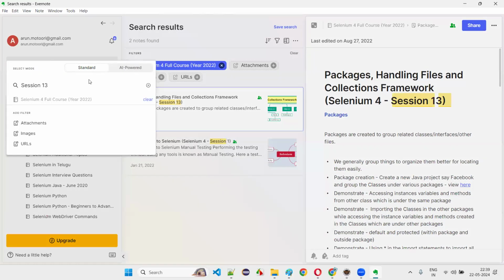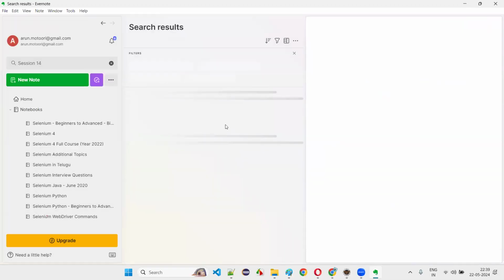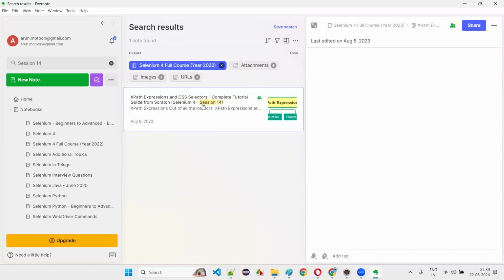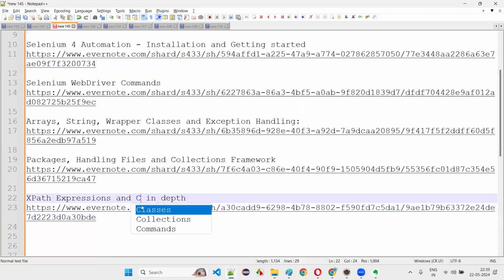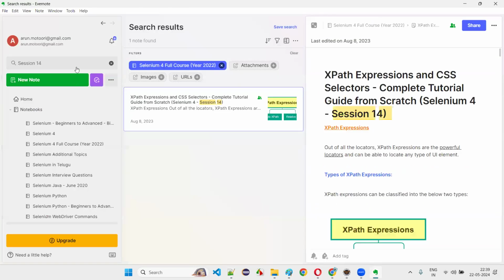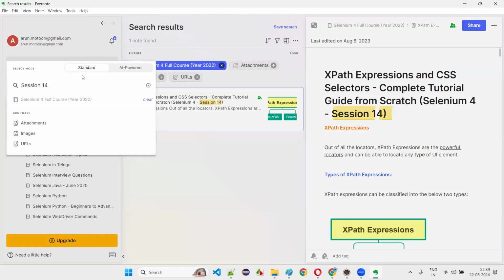Then whatever comes next from the 14th session onwards belongs to the other remaining prerequisites that will be covered. That is XPath expressions and CSS selectors in depth. Okay, XPath and CSS selectors, locators in depth, selectors in depth. Then after that, 15th,